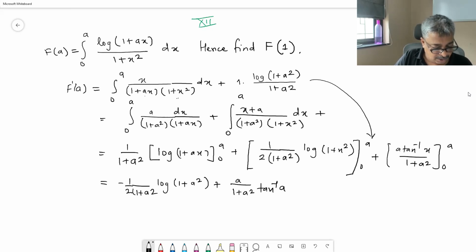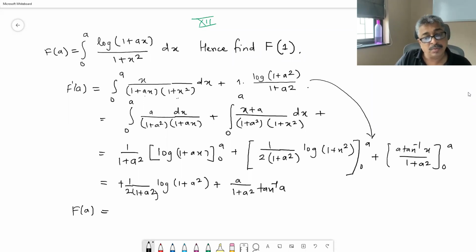And therefore F dash of a is, now this term and this term are the same, this term and this term are the same, therefore I mean this is 1 minus half. If you understand, 1 minus half makes it plus 1. That is the final correct answer for F dash of a. Okay, therefore we need to integrate now. F of a is equal to